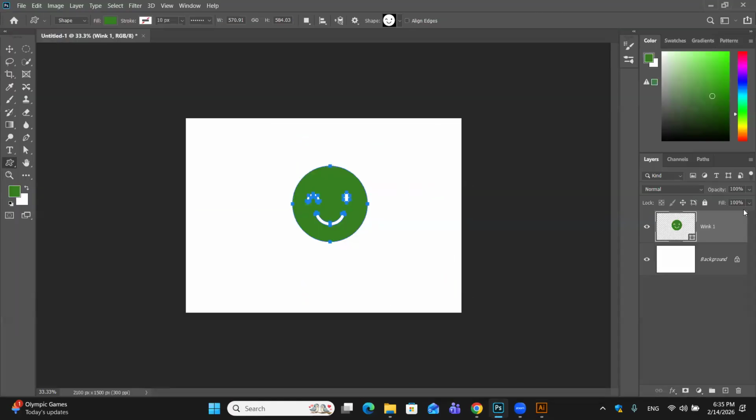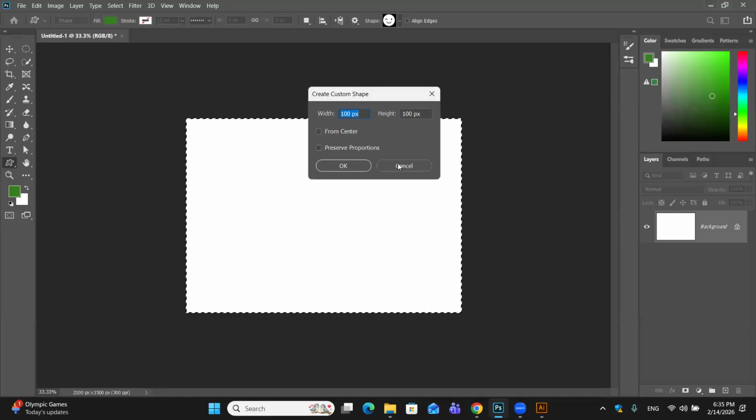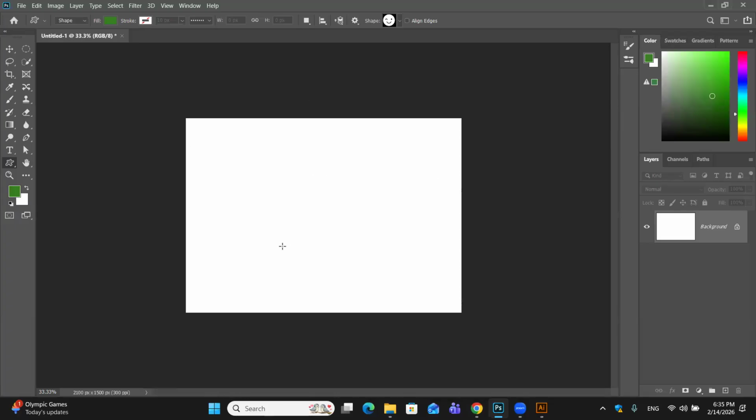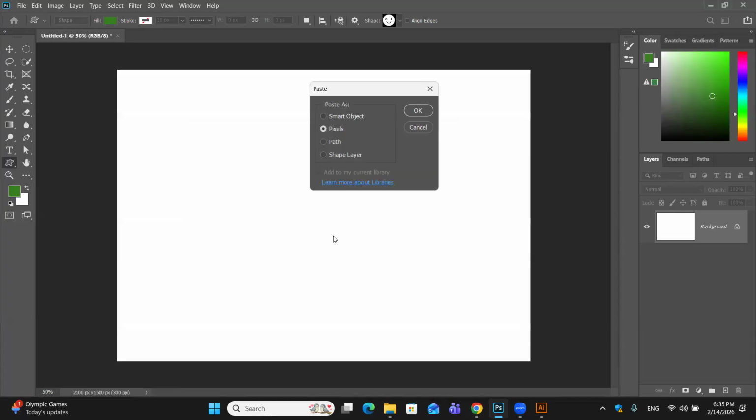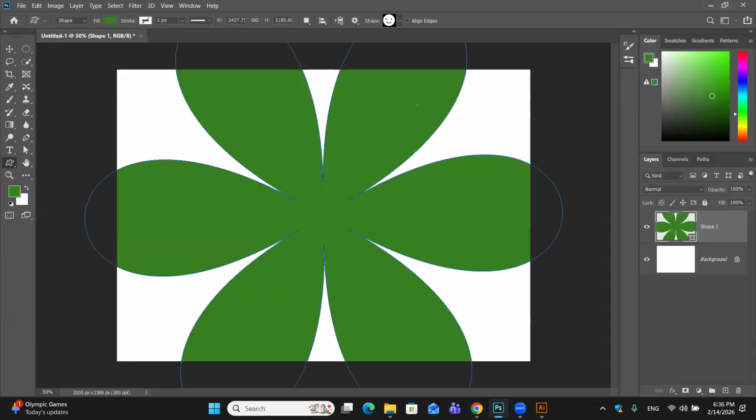Now I'll come to my Photoshop. I'm deleting this. Control D, you do deselect. I'm zooming out a little bit. Now I'm doing Control V. Now there is shape layer, path, pixels. First, we will see shape layer. If I click on shape layer and I do OK. So what it did, if I